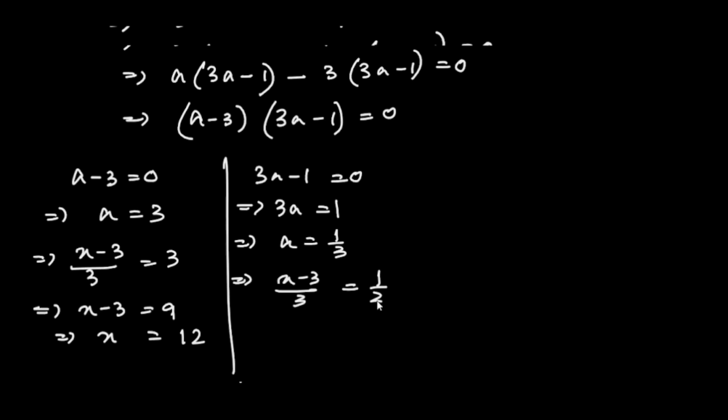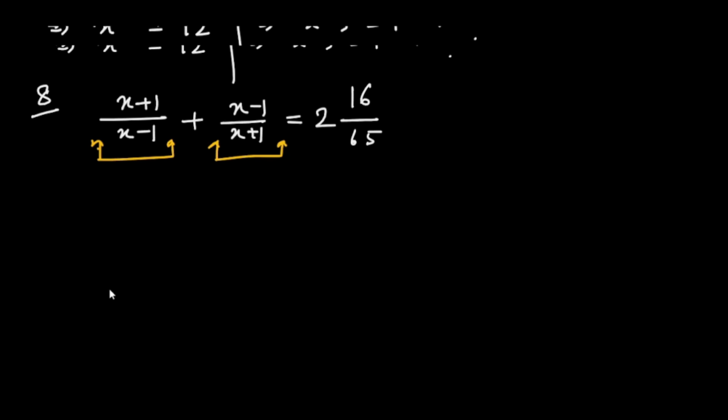Now obviously, just like the previous sum, you can see this term and this term, they are reciprocal to each other. Now when the terms are having this reciprocal relation, we can always take, say, (x plus 1) by (x minus 1) equals to a. I can always take this one, alright. Otherwise, here as because x plus 1, x minus 1 is there, so we can even simplify. Simplify means we can do the LCM part. So here the LCM part is x minus 1 into x plus 1.